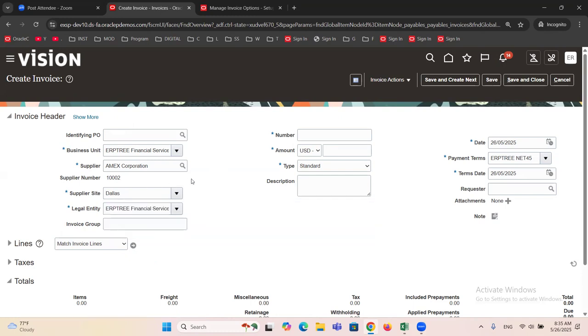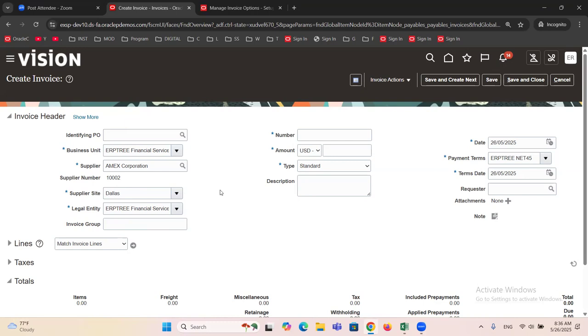You can override; the system may select one. Say you have 2 sites assigned. For site 1, primary pay is enabled at the supplier site level. While creating the supplier site, we have checkboxes like sourcing only, procurement card, purchasing, pay, and primary pay. These are the fields we have during supplier site creation. We discussed there is one checkbox called primary pay. If you enable primary pay, whenever you select the supplier that has multiple sites,